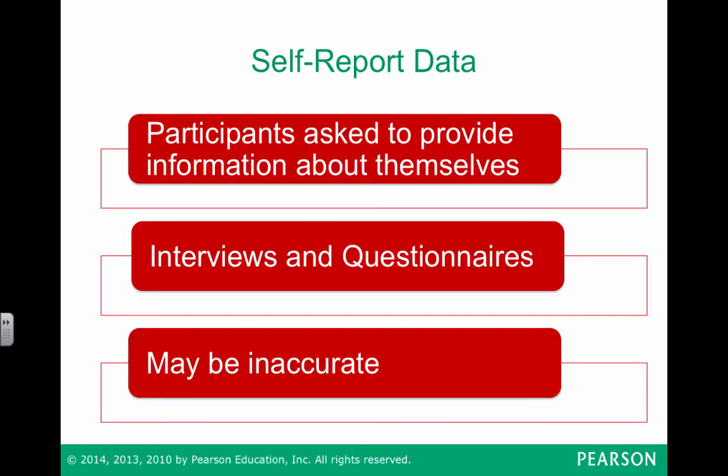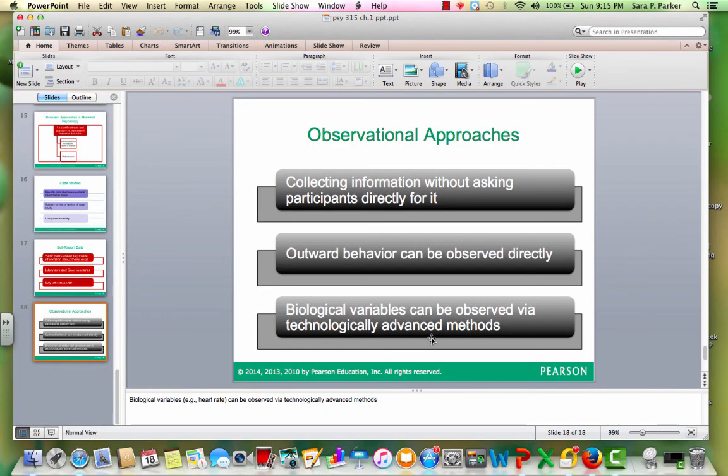Another way of gathering information is through self-reporting. In self-reporting, participants are asked to provide information about themselves. They may participate in a series of interviews and questionnaires, but they may have their own personal bias based on if they want to present as more well or more healthy than they actually are, or perhaps they want to present as more sick than they actually are. And because they are self-reporting, the data may